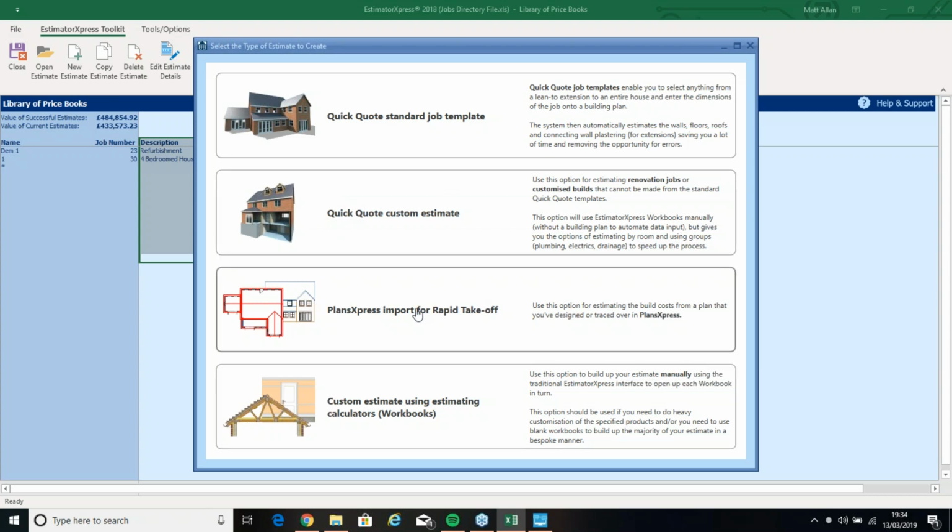All right. Plans Express import for the rapid takeoff. This is for your more bespoke jobs. The Quick Quote standard job template is going to cover probably about 90% of your work, which is very handy. However,